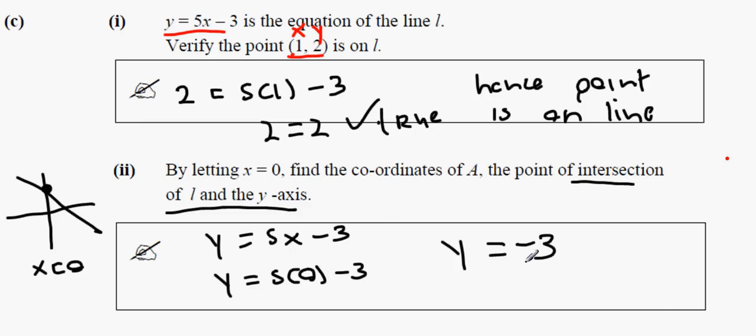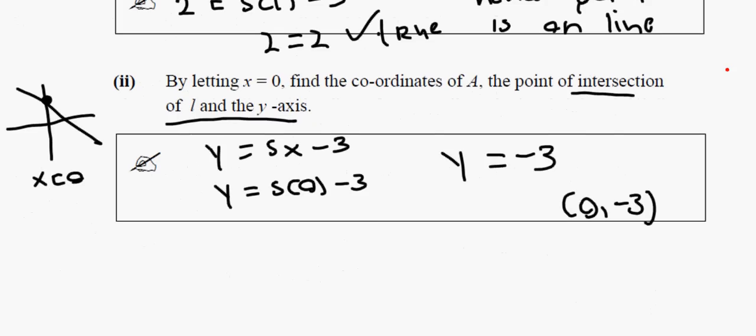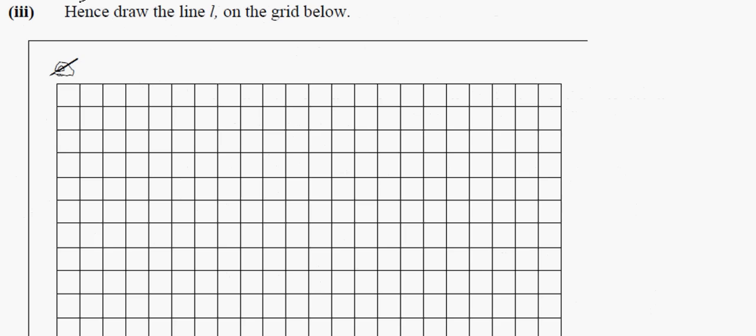This means the point of intersection is the point (0, -3), because x is 0 and y is minus 3. Now, the next question is basically asking us to draw this line. If we have any 2 points, it means we can draw the line. So if we were to look at this line here,